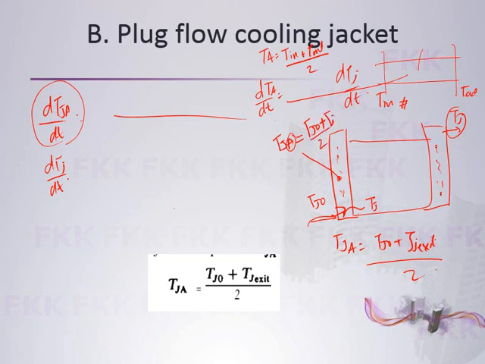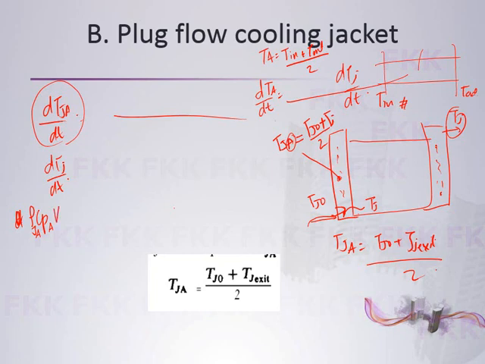So when you want to develop the equation, it's going to be rho, Cp, rho J, CPA,